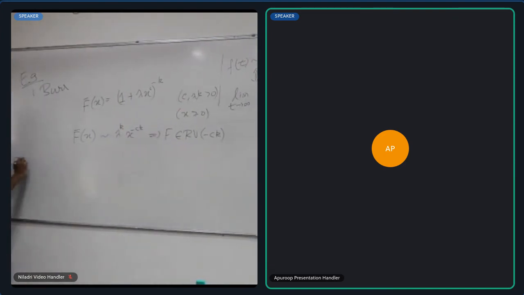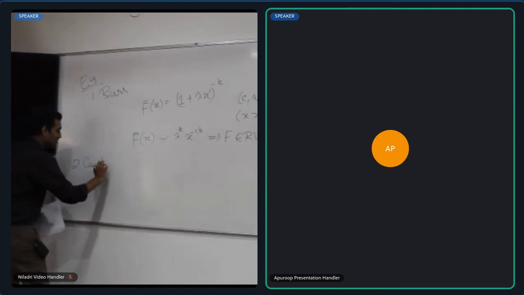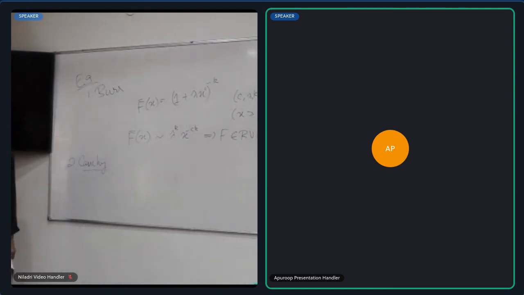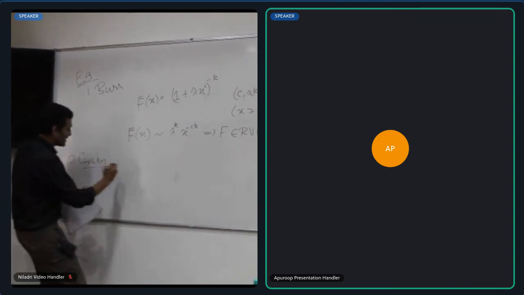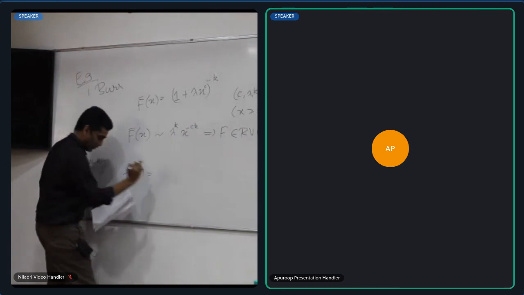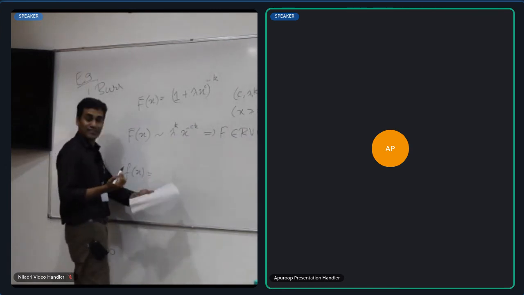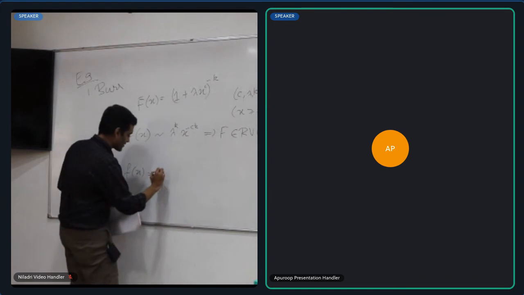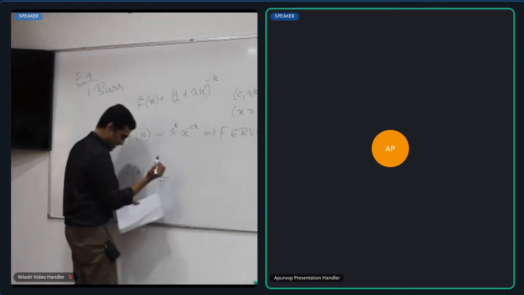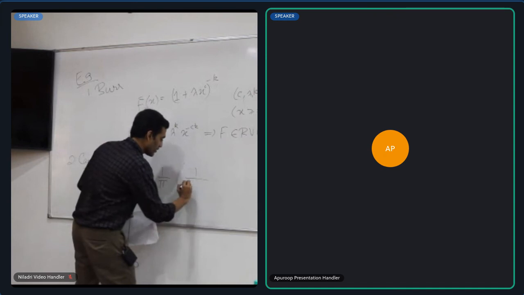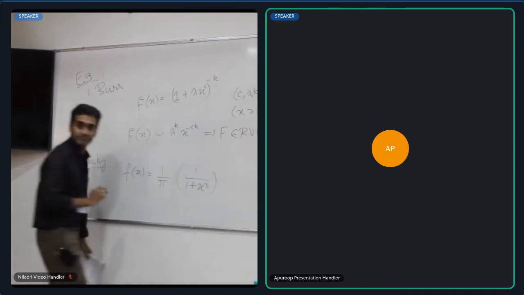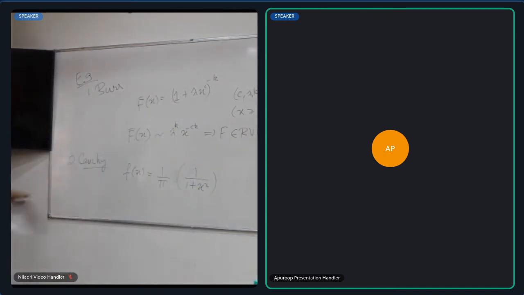The second example is something that we are all familiar with. It's called the Cauchy. The Cauchy is something that typically you study as part of intro probability, as an example of a distribution for which the first moment is undefined. In this case, the density function looks as follows. I'm going to do this for the standard Cauchy. There are scaled versions of this that you can write, which is 1 by pi times 1 by 1 plus x squared. I don't know if I got the pre-factor right, but that you can check.